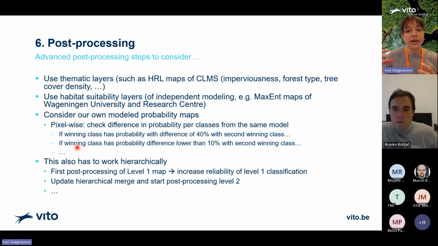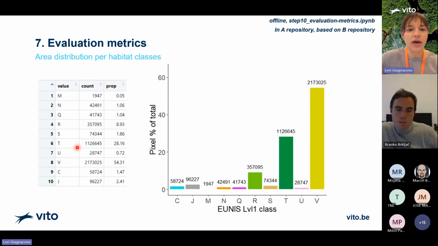Of level 1, then we increase the reliability of level 1, we merge again, and we can continue the post-processing. Now, we actually come to the last step, I see. It's the evaluation metrics. I'm not going to show code here because it's quite straightforward, but it comes down to